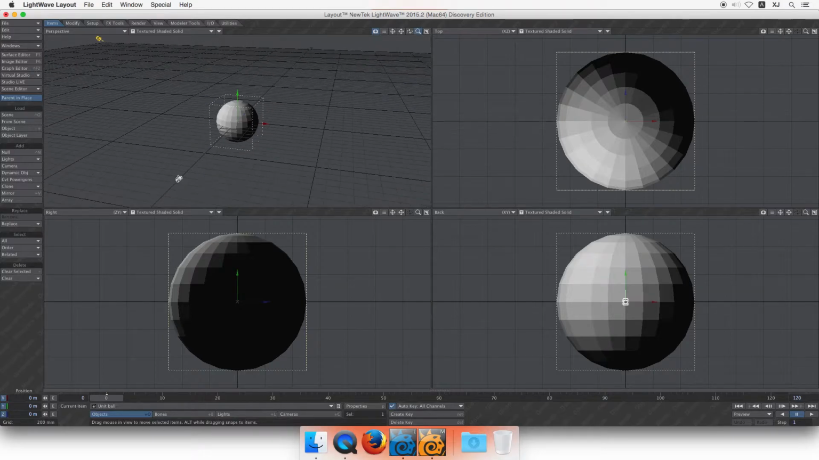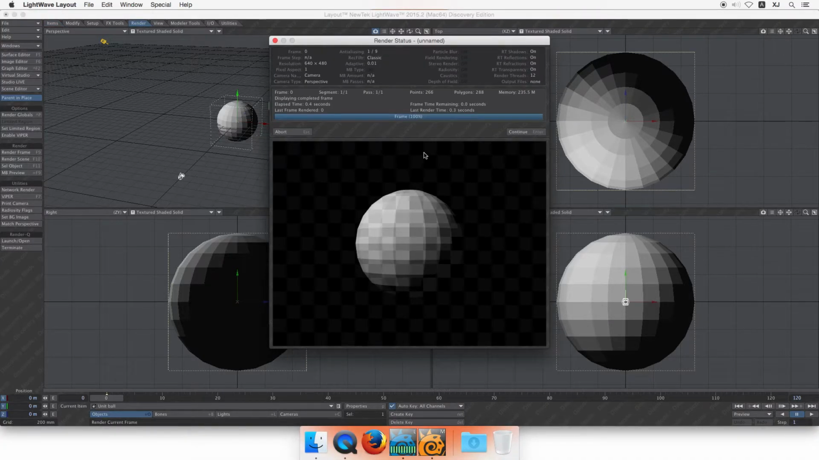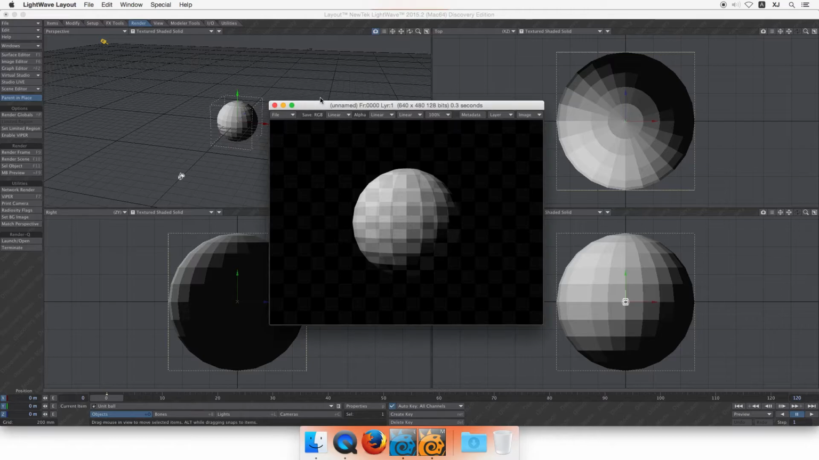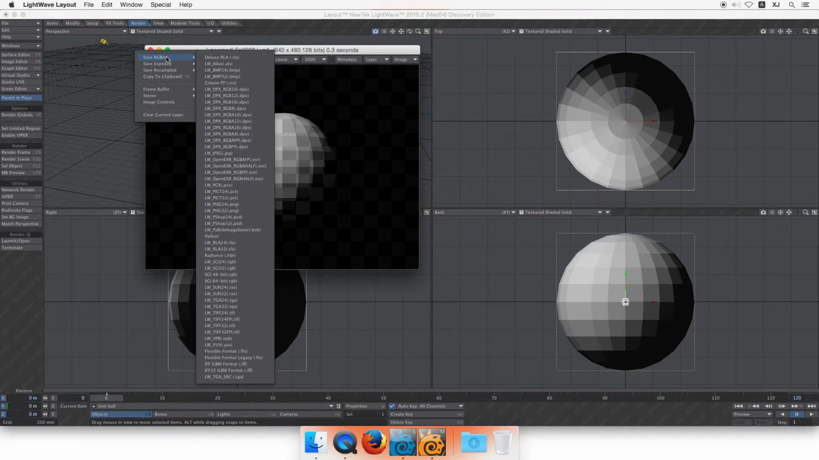Alright. So, in order to render this to an image, all you have to do is go to the Render tab and click on Render Frame. There it is. The check pattern is because we're in Discovery Edition. Click on Continue, and if you want to save this image out, click on File, Save RGBA,